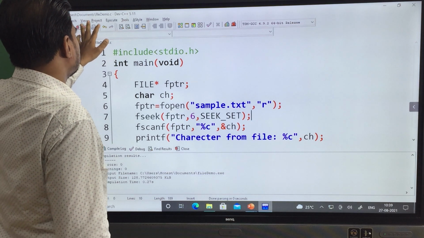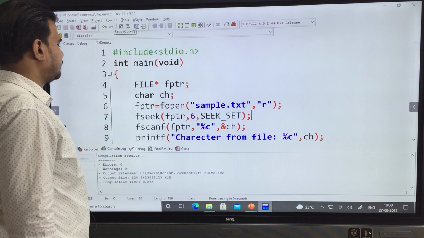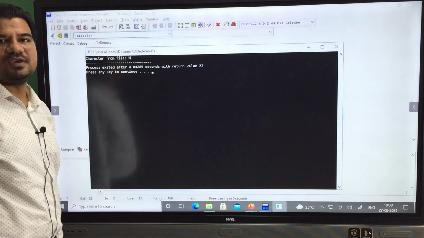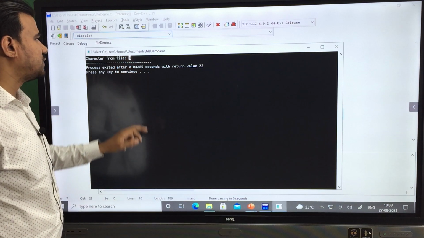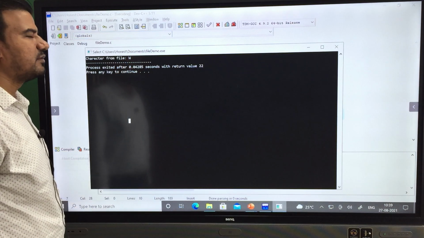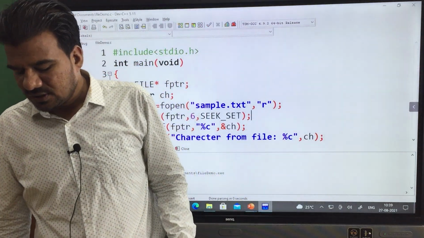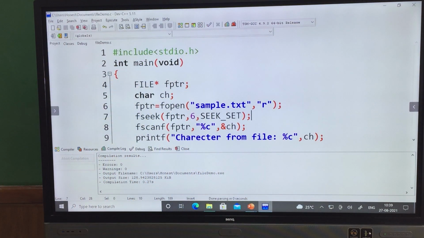Okay, so just compile, compilation successful. Now run. As you can see, we are getting w. Hope it is visible to you. So in this way, we can read the characters from our desired location. I'm just demonstrating with characters.